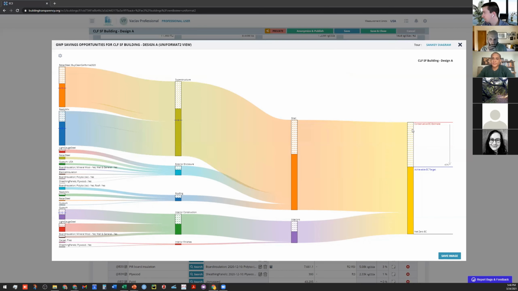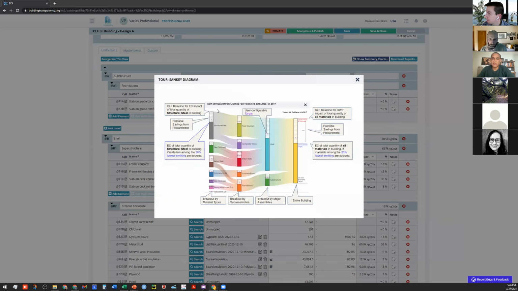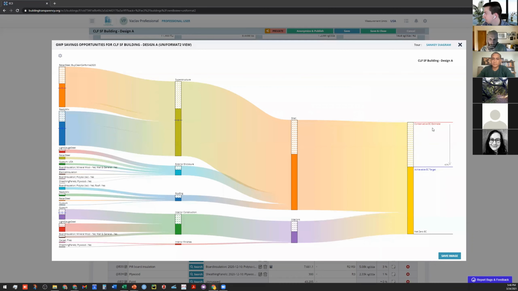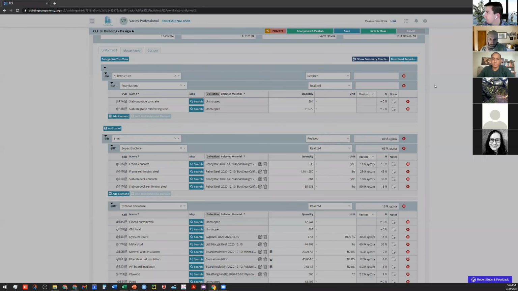And then all the way on the right, we have the total embodied carbon for the entire building. And you can see that there is a big difference between the worst case scenario and the best case scenario based on just material selection based on EPDs. Again, we have a Sankey diagram tour, which gives you a little more information about each of the individual elements. In the interest of time, I think I'll wrap this up.